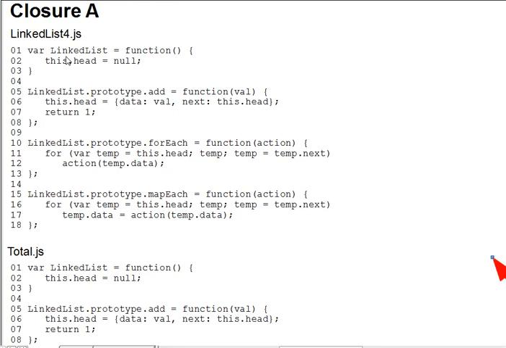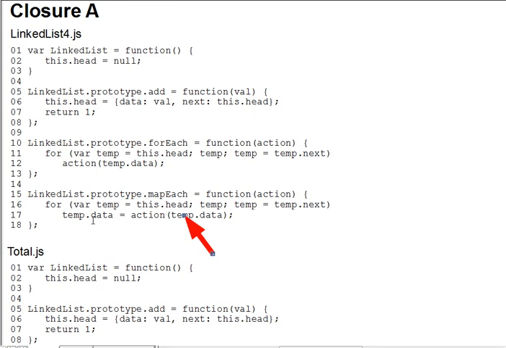First, we've removed the drop function just to reduce clutter. We don't need it for this discussion. Second, the apply function has been renamed to forEach to match the name of a similar function of array, which we'll be looking at. And then third, there is a mapEach function that's very similar to forEach, except that,